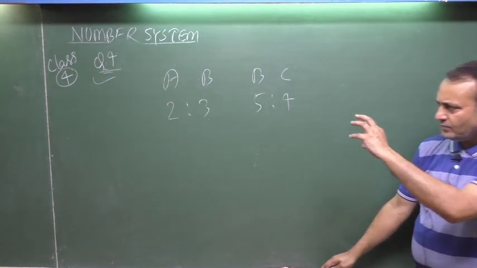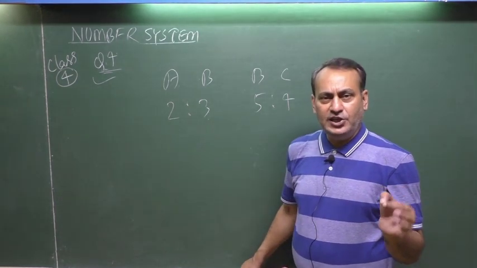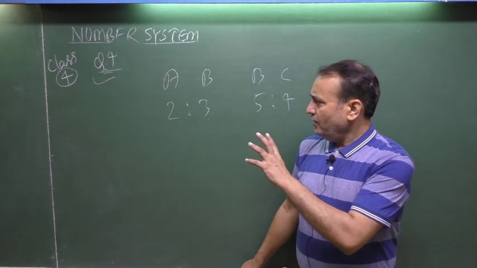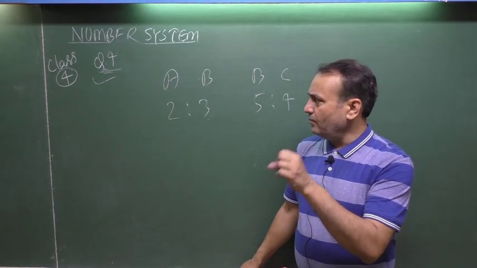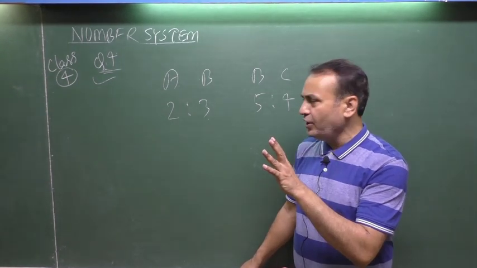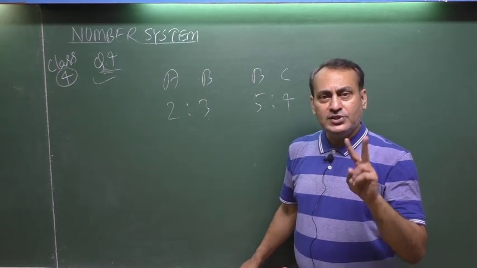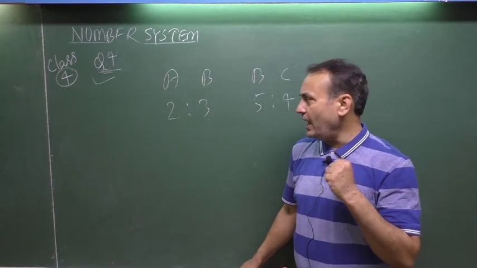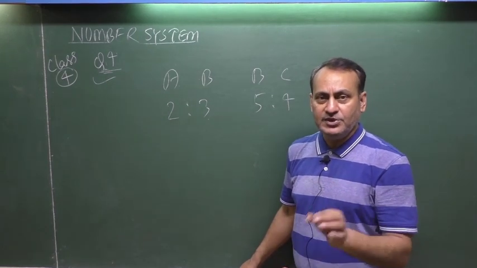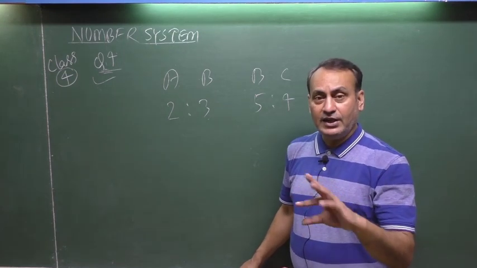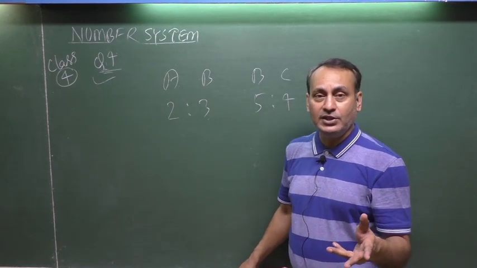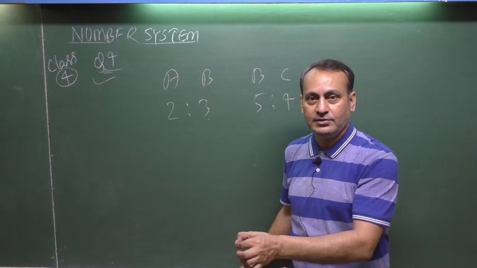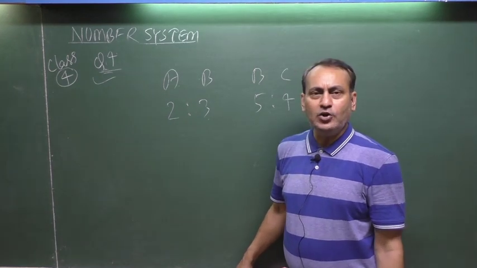See here. This situation is very much important part of ratio and proportion relation. In arithmetic, many places you are going to use such situations. Means there will be two ratios in which one will be mediator, and you will have to make a combined ratio. That means, see here the situation. A and B are in the ratio 2:3, B and C are in the ratio 5:4. You have to make a single ratio among A, B and C. That means you have to point out A ratio, B ratio, C.